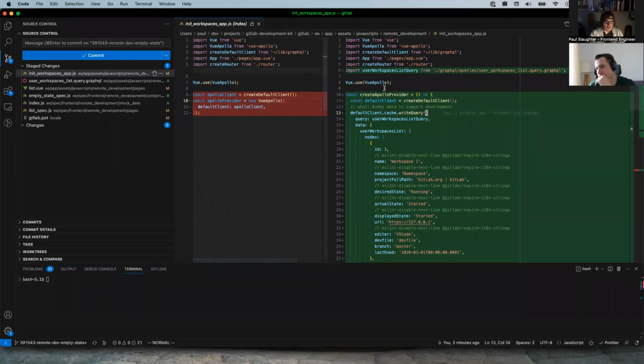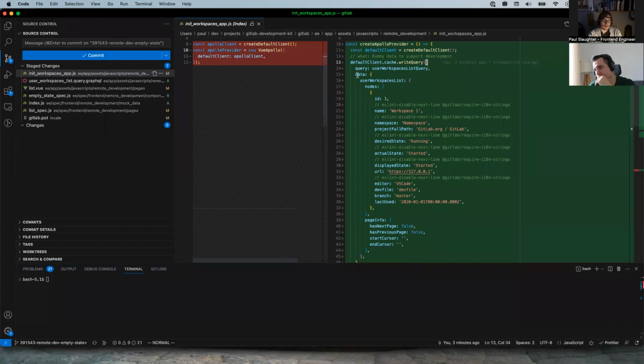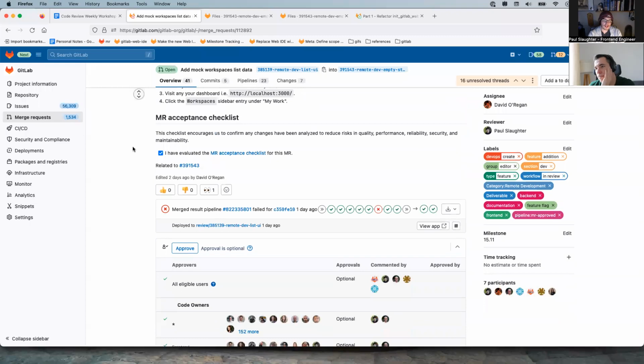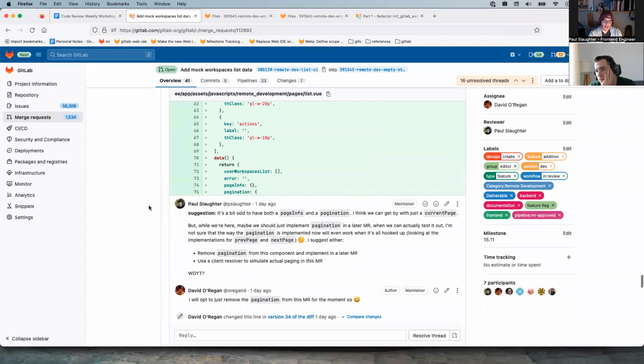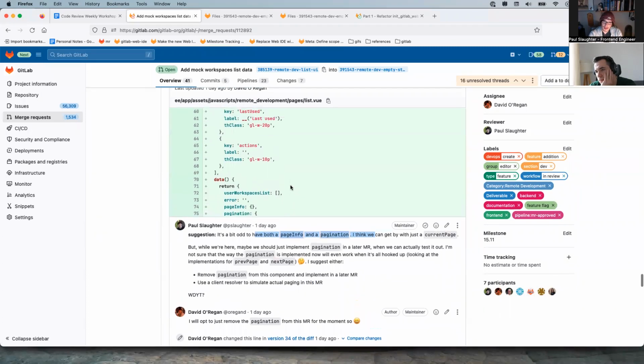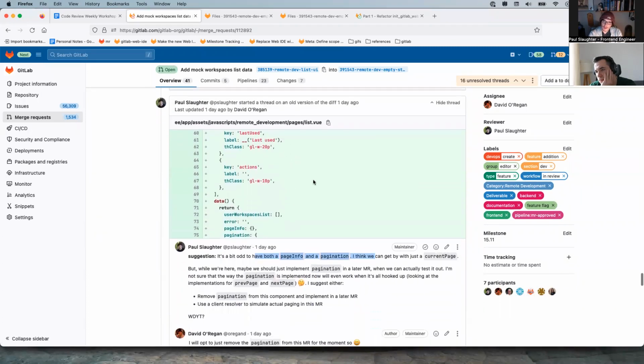One thing with this file that I'm noticing, related to the mock data: this is round 2 of the review, and I'm anticipating that this is all going to be okay. But on the view component itself, pagination was implemented, and I don't know if it was actually going to work.